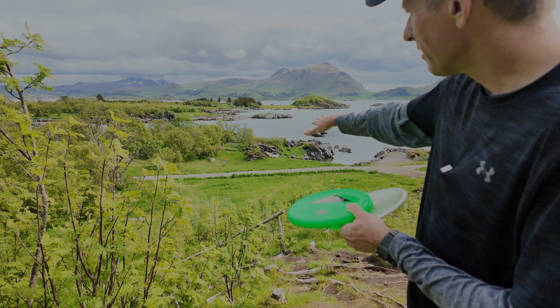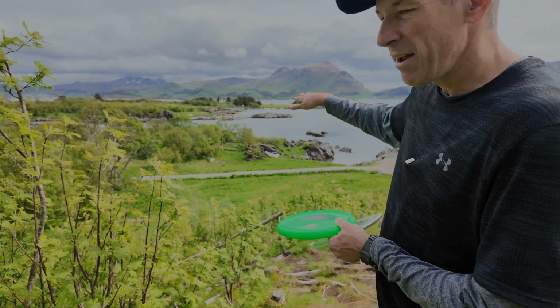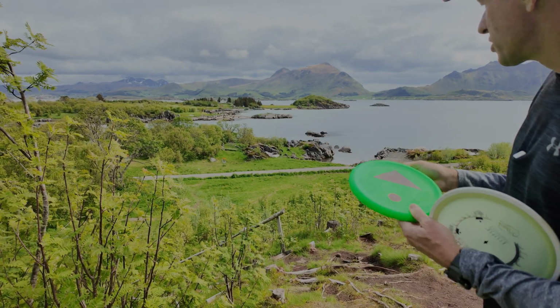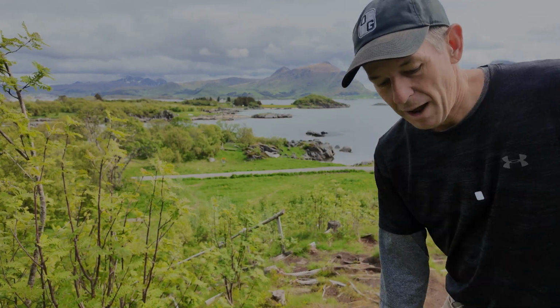And for a shot like this, there is a road before it, but if I hit the road or anything right in front of it, because of the velocity, it's probably going to get me into the safe zone. So on a shot like this, instead of going naturally to spike hyzer, I'm going to grab something like the